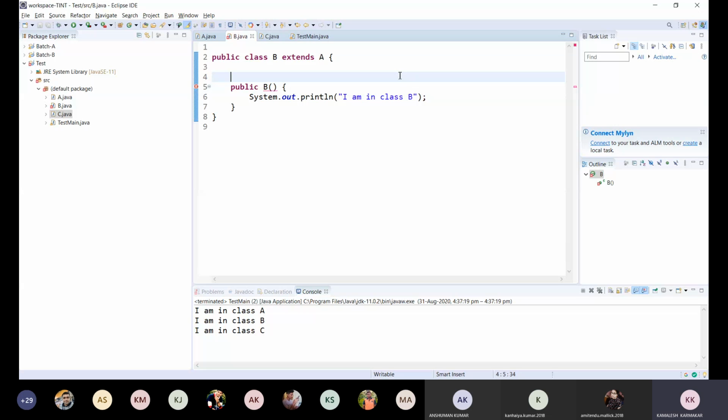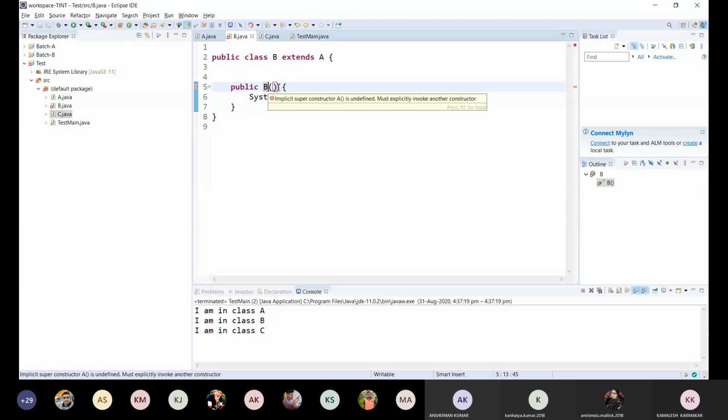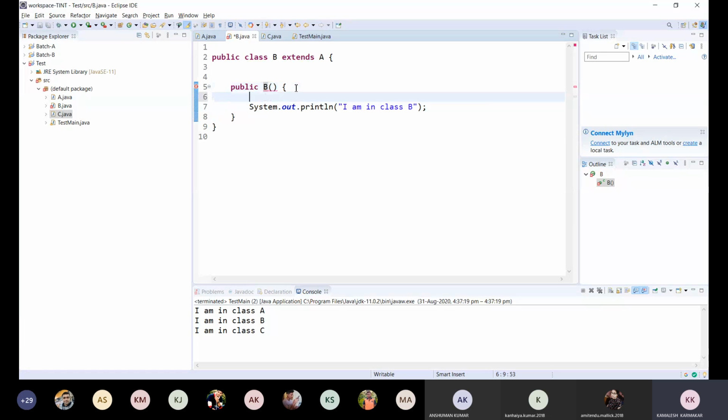Do you understand? The default constructor is now a parameterized constructor in class A. So here we are getting an error in class B, in this constructor. The reason is that explicitly we are not calling the constructor, but implicitly it is being called.